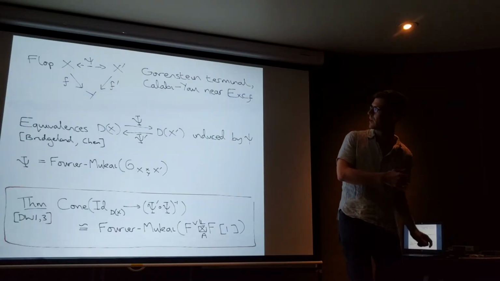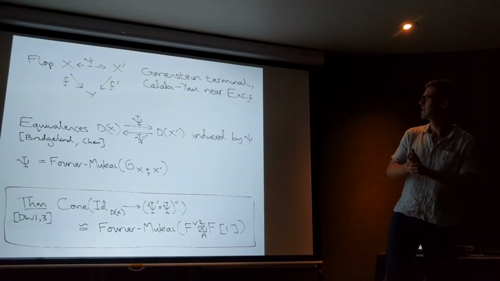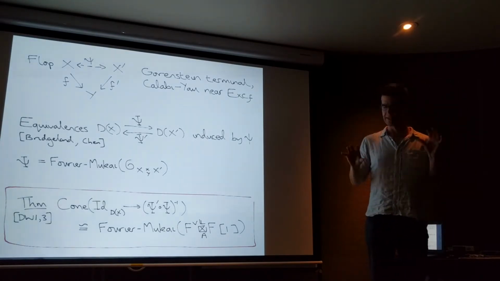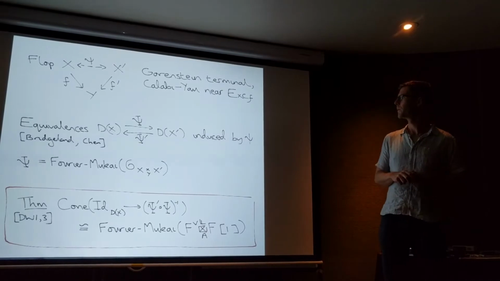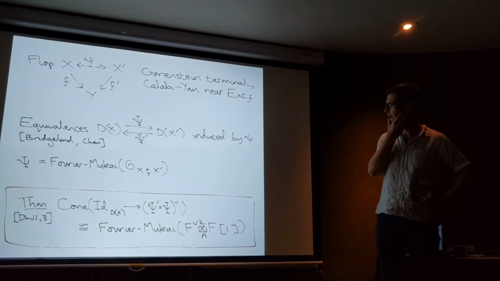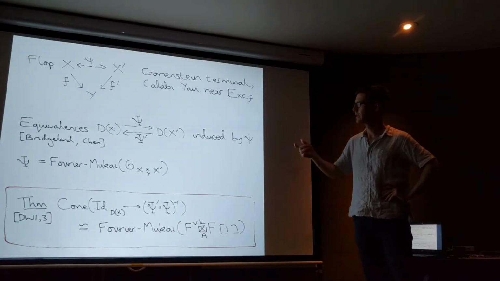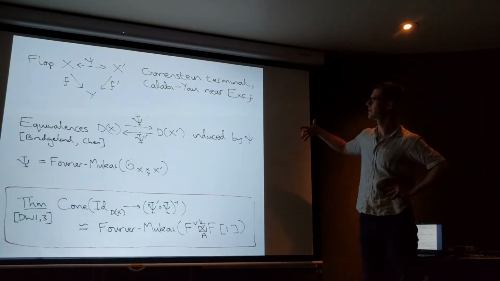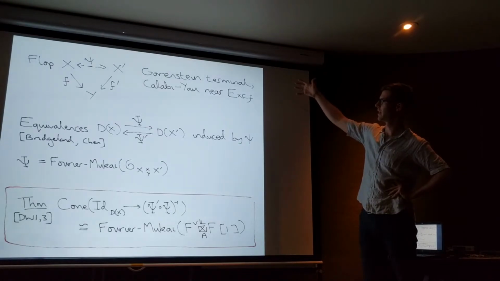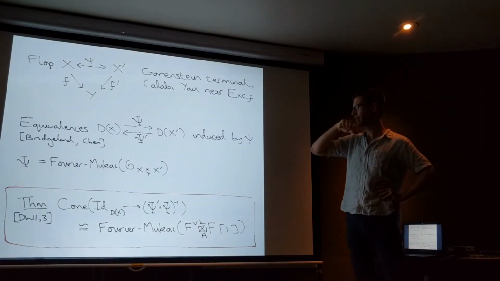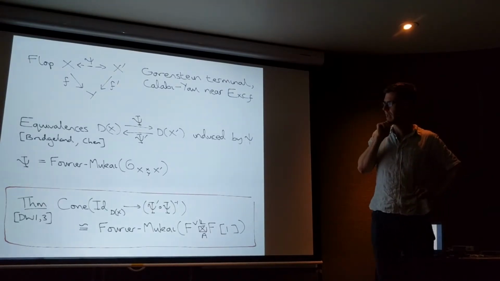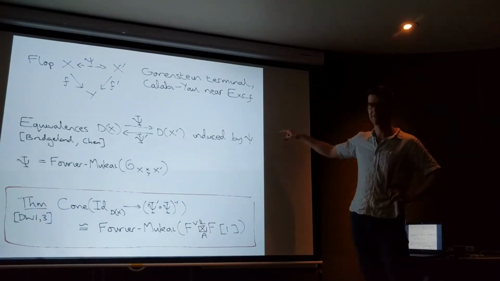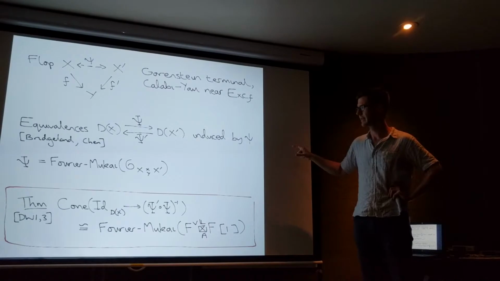Okay, but given a flop, these spaces may be non-isomorphic, but in fact they have equivalent derived categories. So this is a theorem of Bridgeland and Chen. Chen did the singular case of this result, so I assume that the flop spaces are Gorenstein terminal, and then there exists equivalences between their derived categories, and they are induced by the birational map in the following sense, that